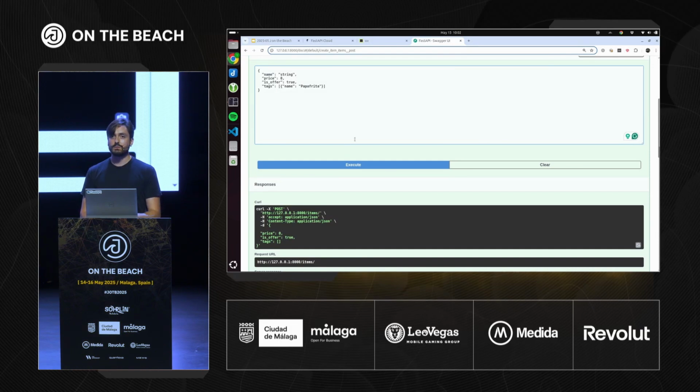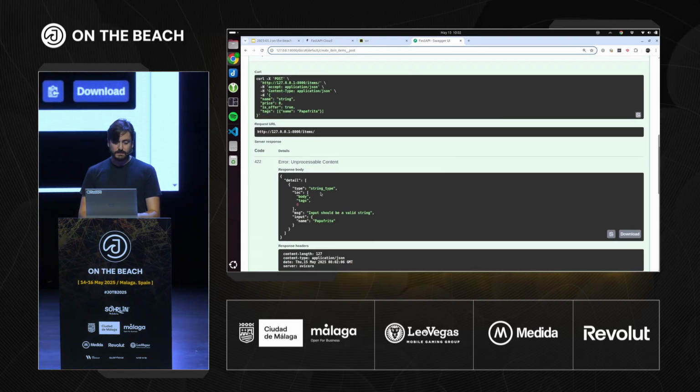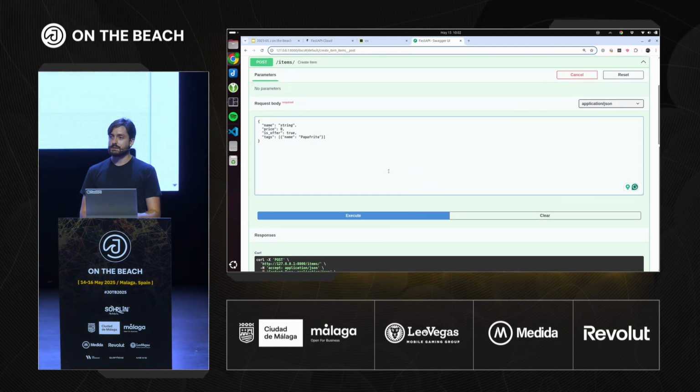For those of you that don't know what papa frita means, it's just fries. And fries are great. Belgians know. OK, if I execute this, I'm going to get a response telling me where the problem is. So it's inside of the body, in the field tags at index 0, so this is the first element, the input should be a valid string. So we get data validation no matter how complex our data structures are.